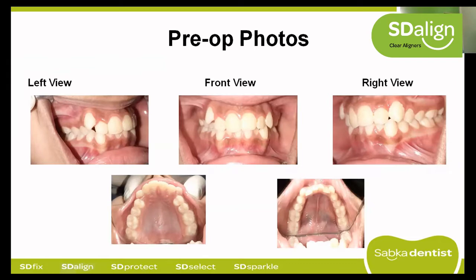Now, looking at the intraoral photographs, we can see she has a good class 1 relation on the molars. The canine is highly placed on the right hand side. The left hand side canine is slightly out of arch, and the upper arch is constricted. In the lower arch, there is mainly anterior Bolton mismatch and anterior crowding. The bite is relatively good. There is not much of a deep bite, and also there is not much of a vertical component in the growth pattern. Only the profile is mildly flat.